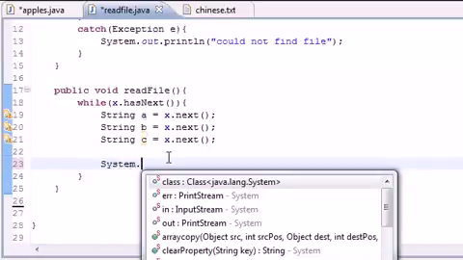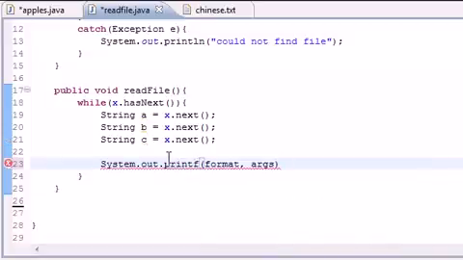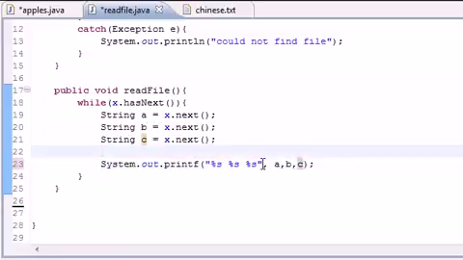So system out print, actually printf would be better. So let's go ahead and print just 3 string variables. So %s space %s space %s, and those variables of course are a, b, and c. So now what it's going to do is, after it gets those 3, it's going to print it out, and